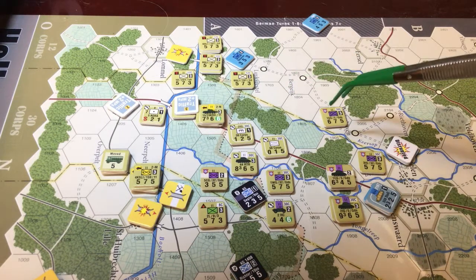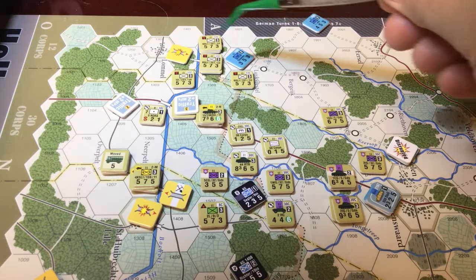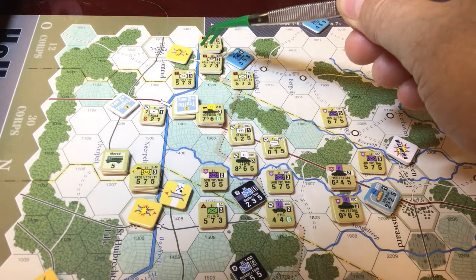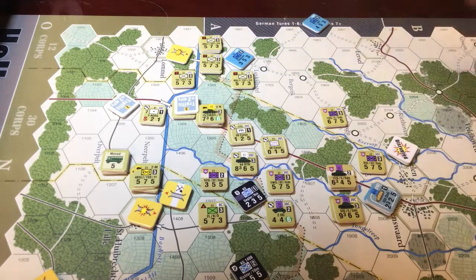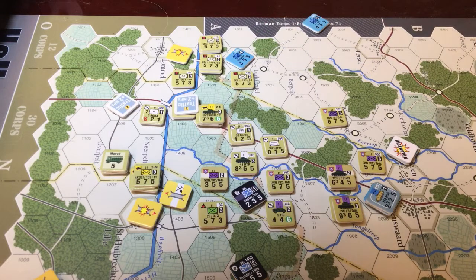The infantry units continue to put pressure over here. We have a new division that was able to cross over the canal using tactical movement to put pressure on this guy over here that couldn't really quite get away. I think he's going to get away. He might take a step loss, but he'll probably scooch off the map after the Allied turn once the Germans